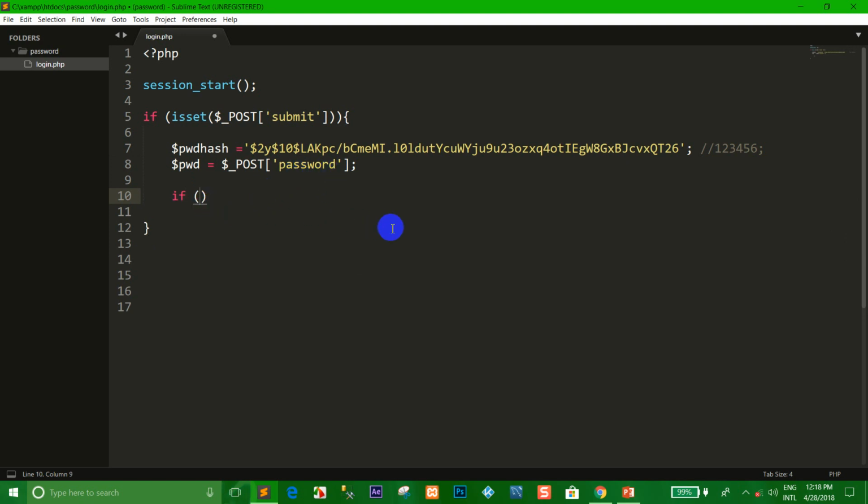Okay, right now we want to compare passwords with password verify, and we put the password here, and the password hash. Okay, so if the password from the login form equals the password hash here, that means it equals, and we redirect to